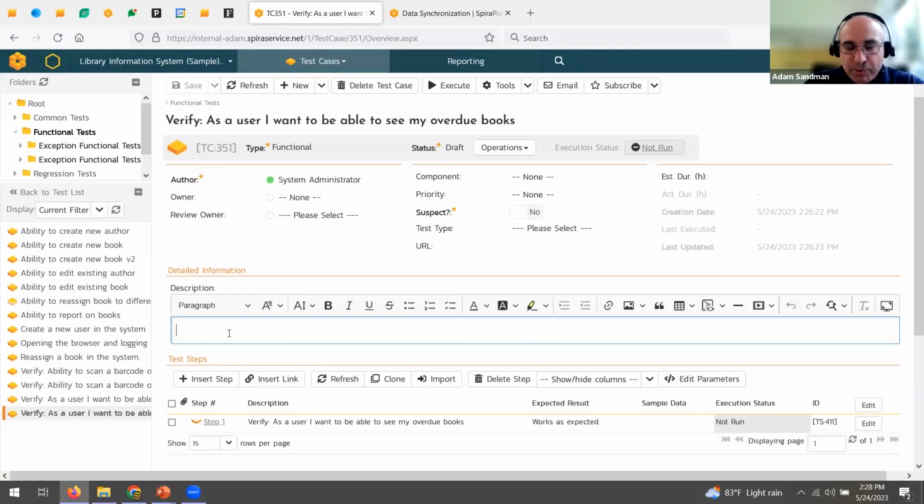In the description, though, because the requirement didn't have a description, there's no description for the test case. If there was one, it would be automatically populated. So I'll go ahead and add one myself. So this test will log into the system and verify that we can see all of the overdue,